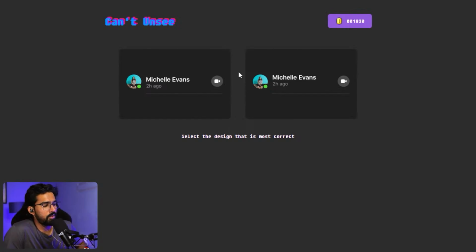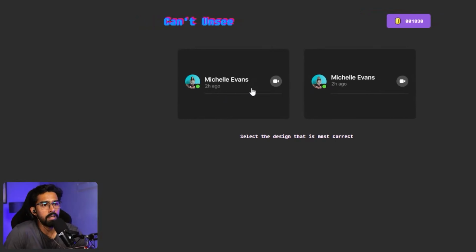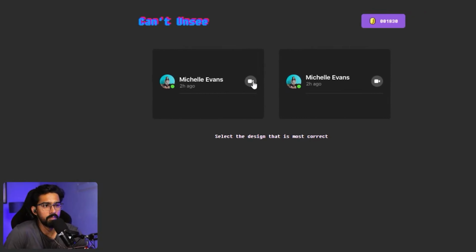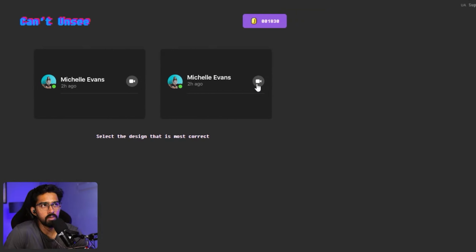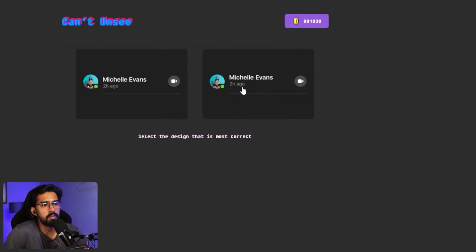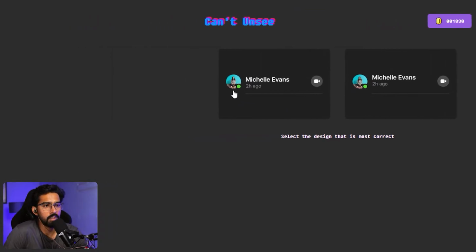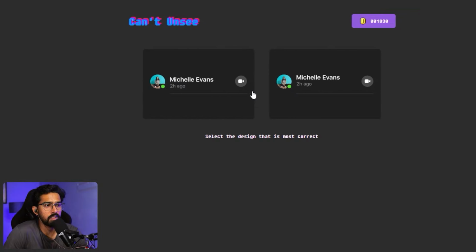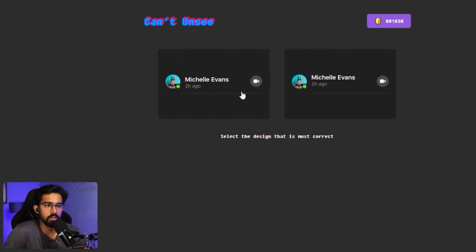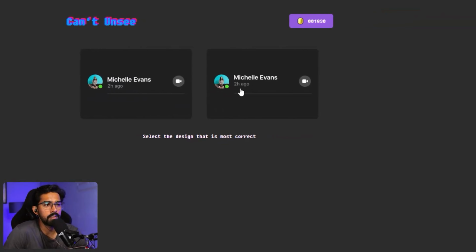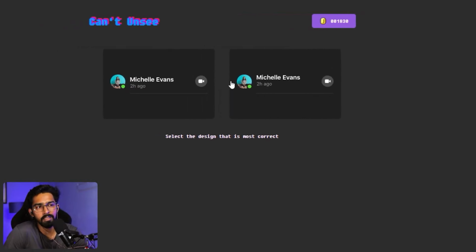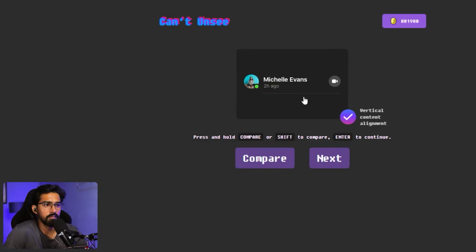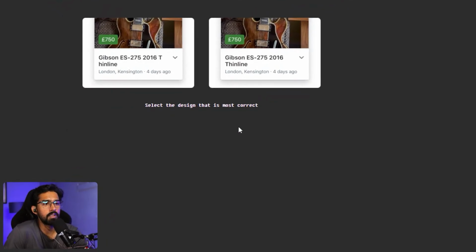Now, if you see here, we have an alignment issue. This is perfectly aligned, and this is not aligned. Since this is not aligned, you can see a larger space here, which is creating an imbalance. Here the spacing is equal or almost the same, and here it is creating that imbalance just because it is not horizontally aligned. So this is correct. Vertical alignment.